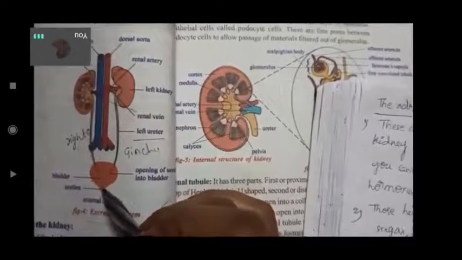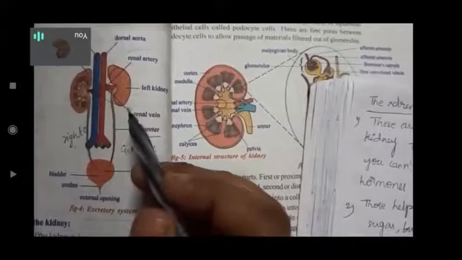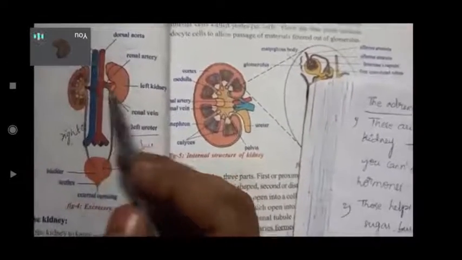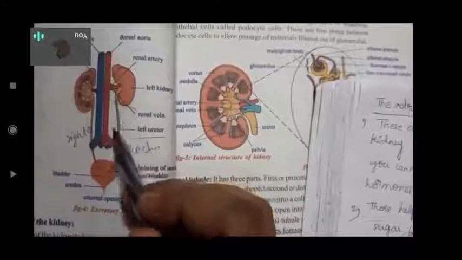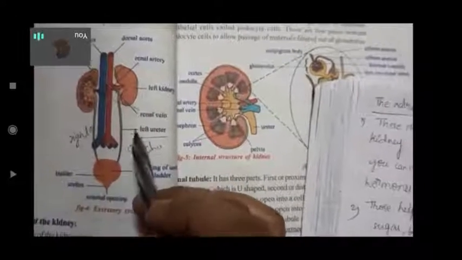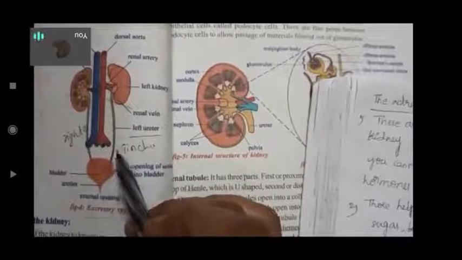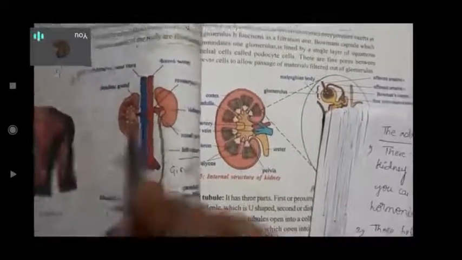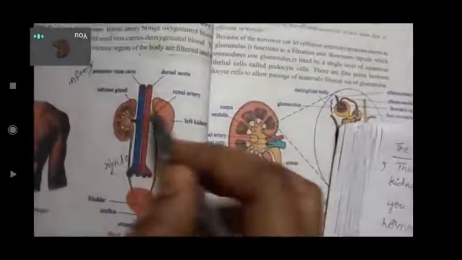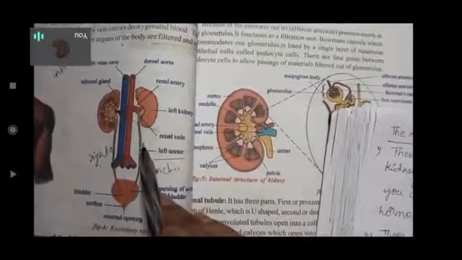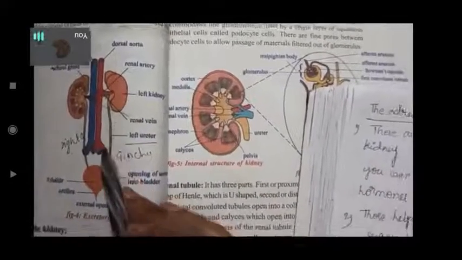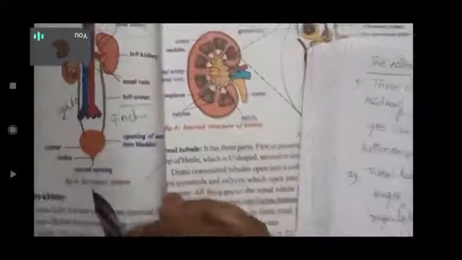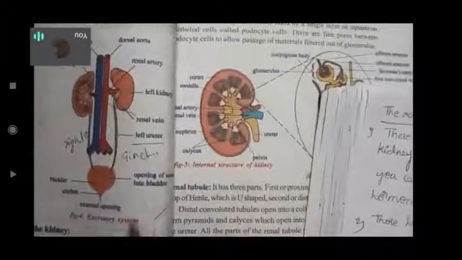The upper half of the ureter is located in the abdomen, up to here, and below that the lower half is in the pelvic area. So here this is the pelvic area and this is the abdomen portion. The upper half of both the ureters exists in the abdomen and the lower half in the pelvic area. So these are all in the lower pelvic area.